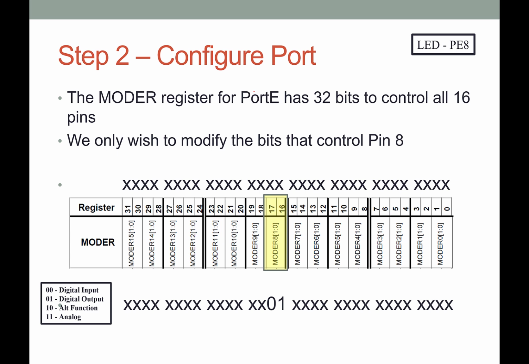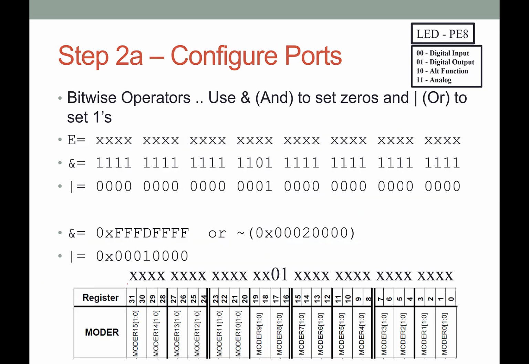We did this before, so we're putting a 0, 1 there to configure it for the output. And then we did this exact kind of configuration before. What we did is we ANDed everything with 1s,